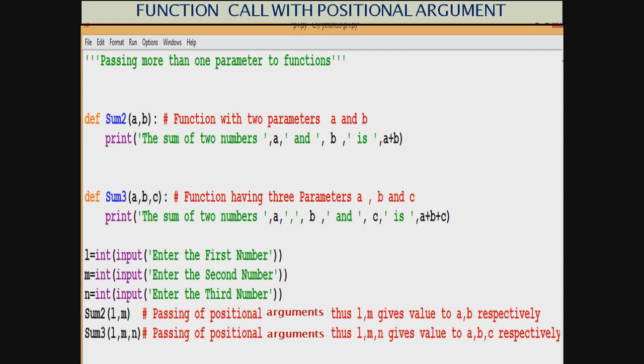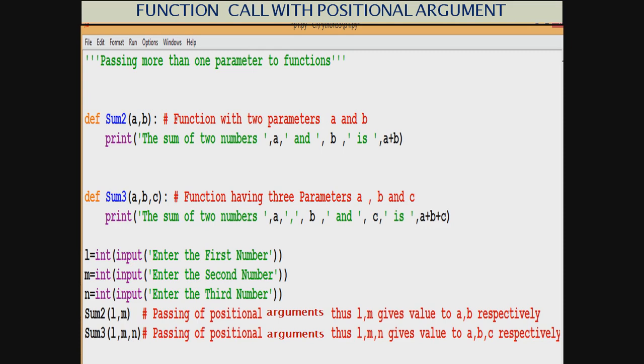The function call statements actually send the value to the variables in the parameter list respectively according to the positions. So L gives the value to A and M gives the value to B, and sum2 function works for us. This is known as positional arguments, because they are getting the values because of the positions that has been used to send the value while calling the function. Now sum3